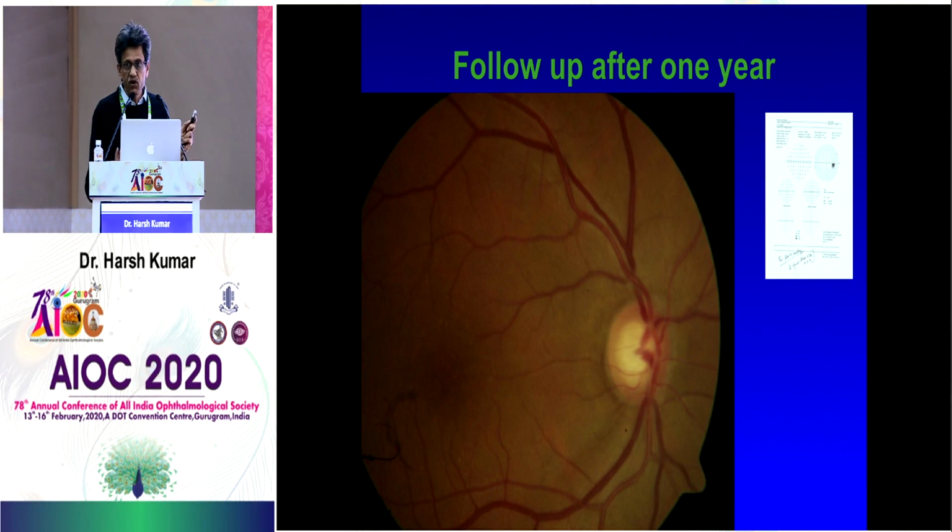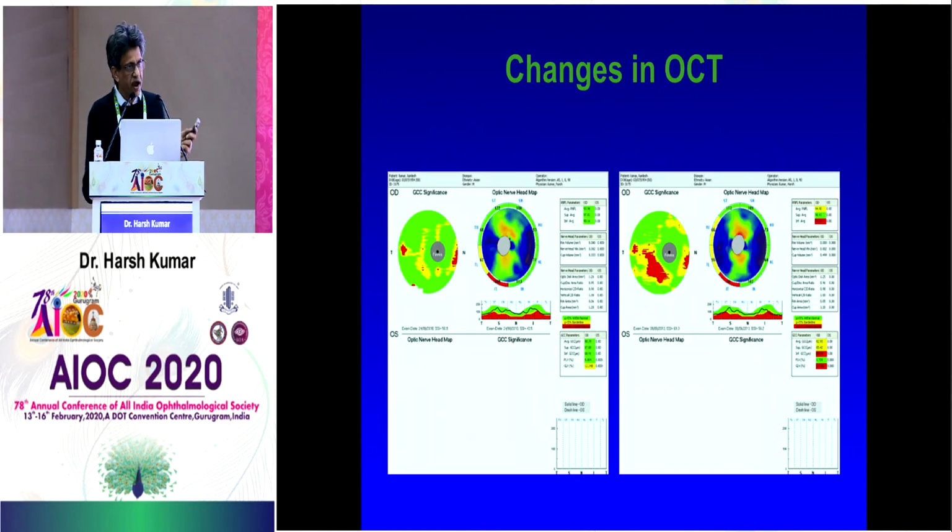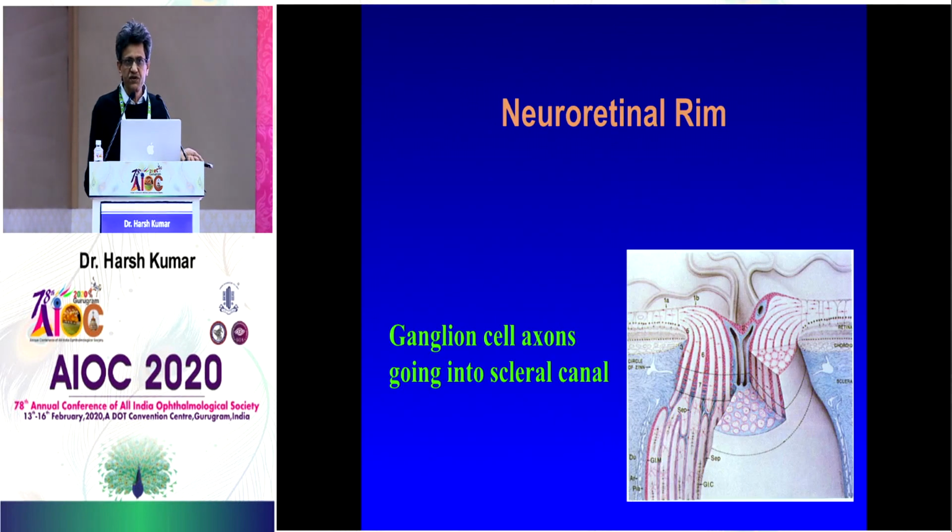Sometimes you may not be able to pick up the structural damage because of a tessellated fundus or something else, and you may not be able to see it. But structural damage is first and will be followed by functional damage in most cases. So please be very, very careful. You have to know how to read the disc. Obviously, if you have an OCT, it will also show you the structural damage. But OCT is even more expensive. So the most important thing is to just know how to read the disc.